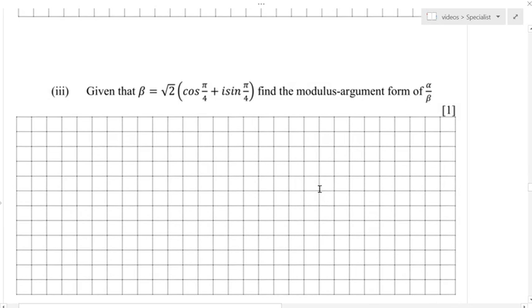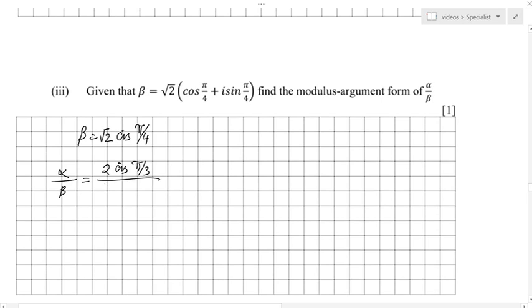Next part is beta is already given in this form. So basically, if you look at this, beta is now root 2 cis pi over 3. So this time we are finding alpha over beta using polar form. If you remember the very first part, we found alpha over beta in the Cartesian form, and this time we are finding it in polar form. So alpha in the polar form that we found was 2 cis pi over 3 from previous, just part 2 here,